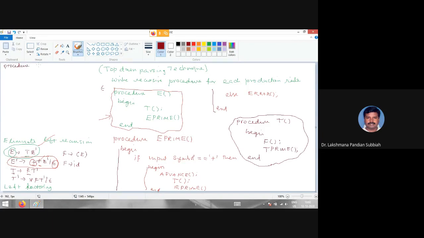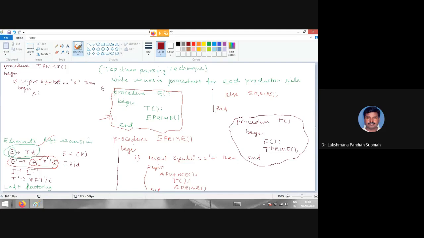Procedure for T prime, right? Here you have to start with begin, right? So here you have to check that one. If input symbol equal to star, then here you have to start with the begin.